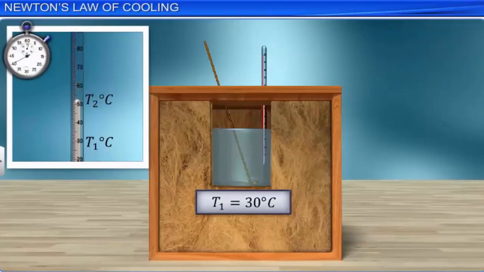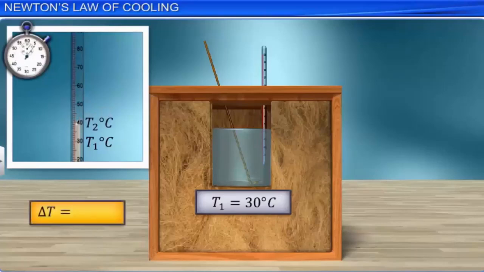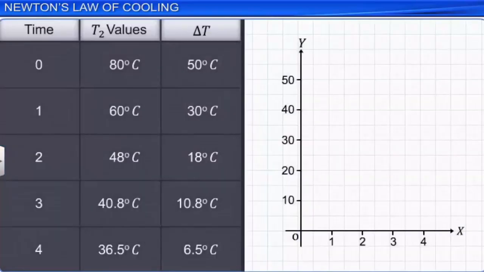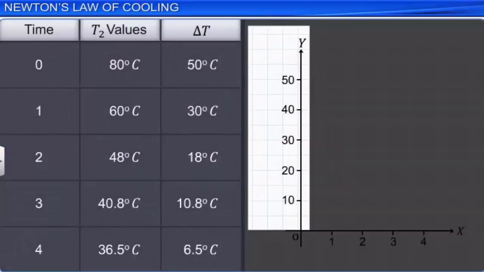Start a stop clock and note the temperature T2 of the water at regular intervals, say after every minute. The difference in temperature between the water and its surroundings is expressed as delta T, which is equal to T2 minus T1. Delta T can be computed for each value of T2. When a graph is plotted by taking delta T along the y-axis and time t along the x-axis,